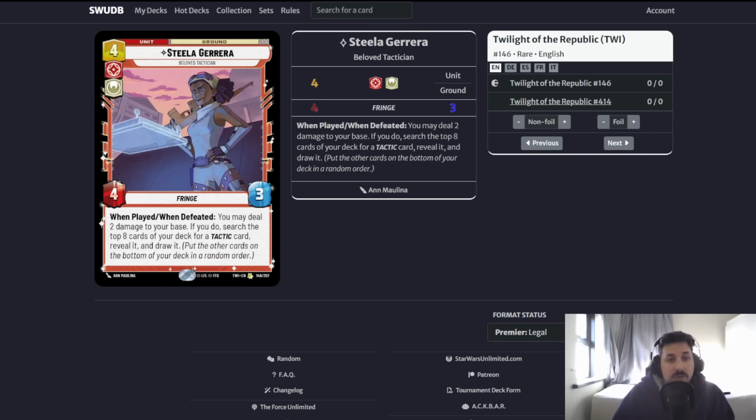4-3 is actually quite a good stat line against Control, believe it or not. She's going to search for something when she comes into play, dealing damage to your base, which is completely irrelevant against Heart Control. And then when she dies, she gets another one. So she's almost a guaranteed 3-for-1. Let's say she comes into play, finds a first Pillage, and then she dies and gets another Pillage. Each Pillage does a 2-for-1, so that would be basically a 3-4...